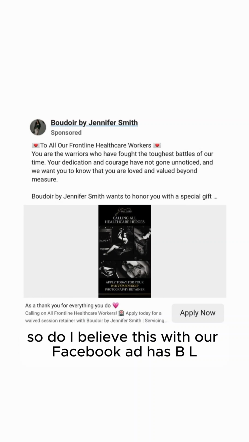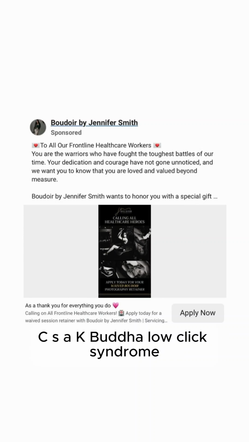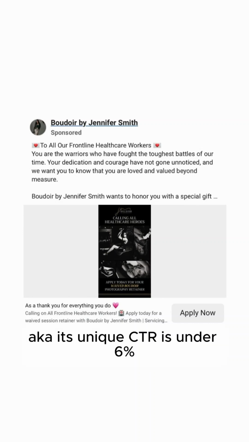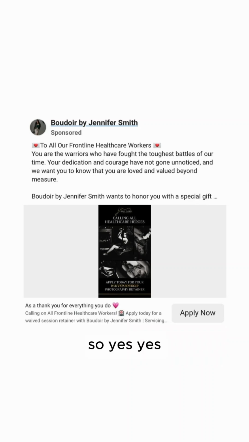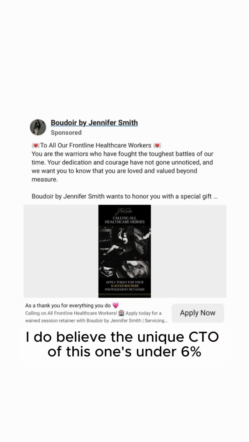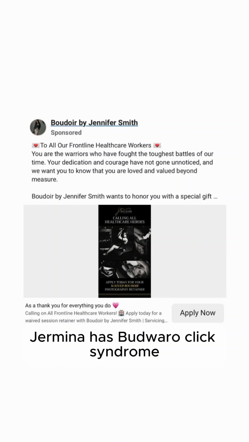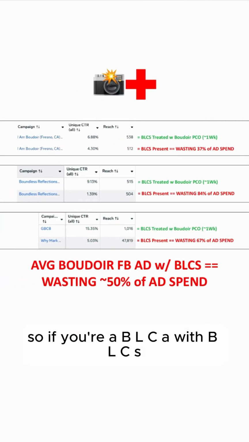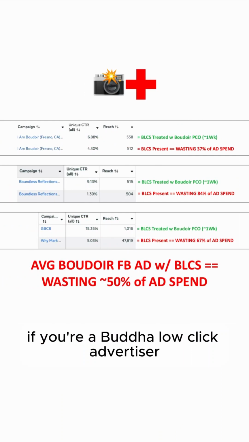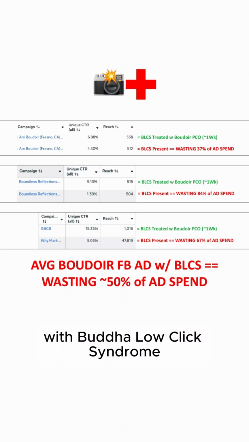So, do I believe this Boudoir Facebook ad has BLCS, aka Boudoir low click syndrome, aka its unique CTRL is under 6%? So, yes. Yes, I do believe the unique CTRL of this one's under 6%, which would mean it has Boudoir low click syndrome. So, if you're a BLCA with BLCS, if you're a Boudoir low click advertiser with Boudoir low click syndrome, unique CTRL under 6%,